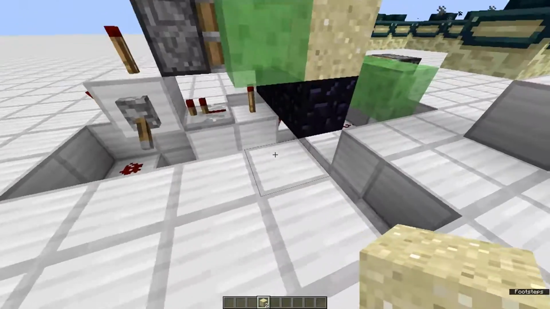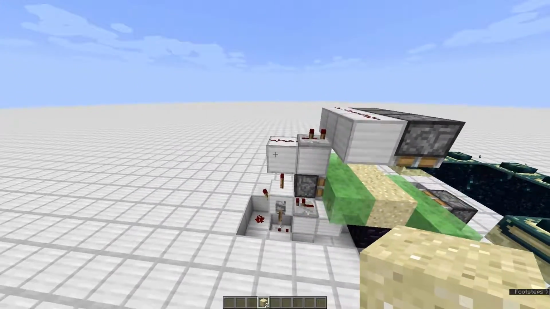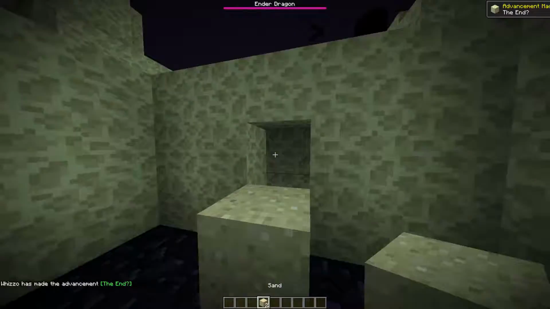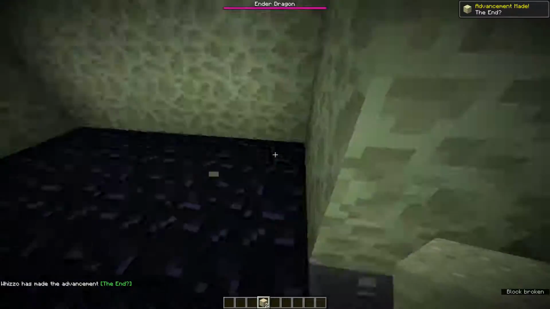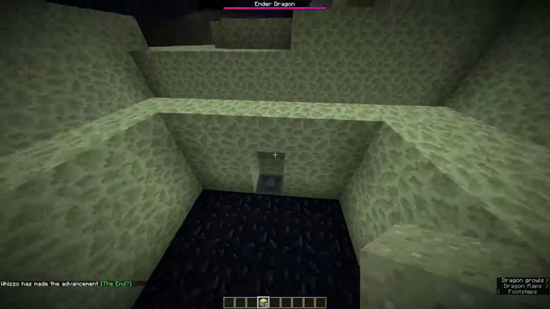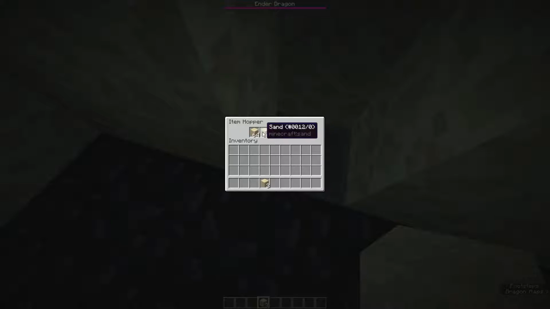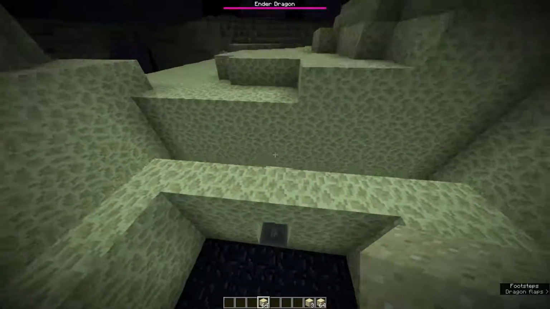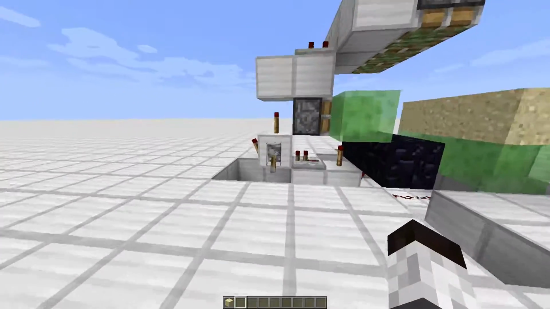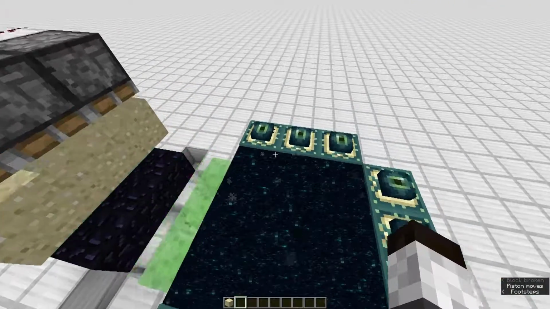So all of this timing here is actually a clock activating these three pistons in succession. And if we go through the portal, as you can see, this is what the end looks like. And in terms of collection, this is all the collection you need. So it goes into a hopper. And the best thing about this is if we turn it back on, and this time, if we go through,